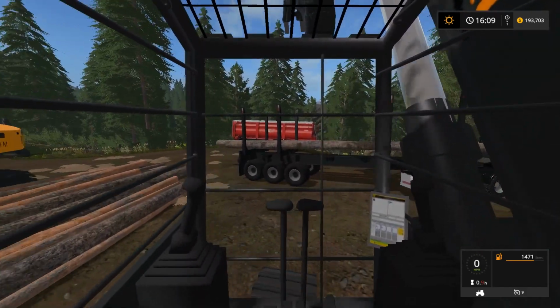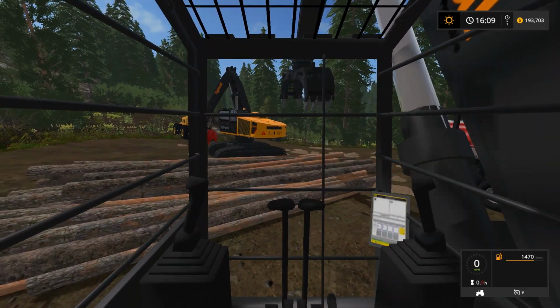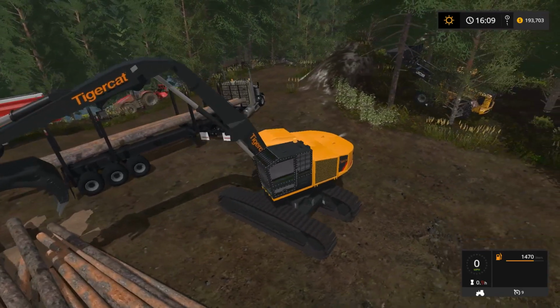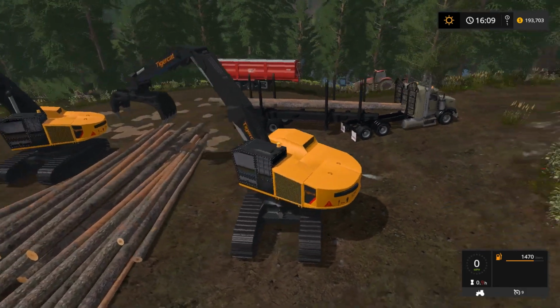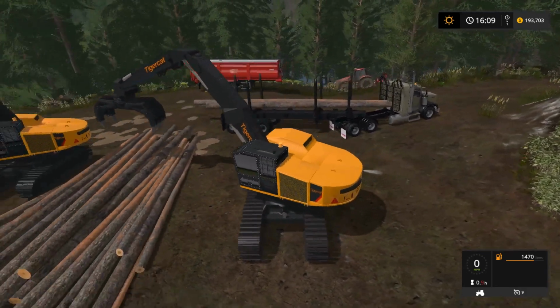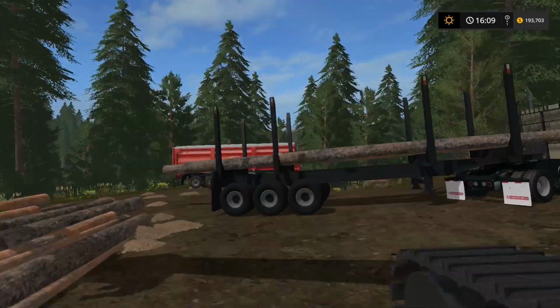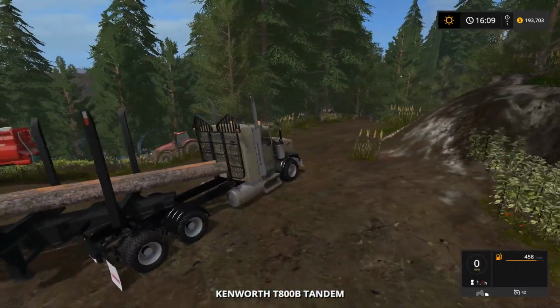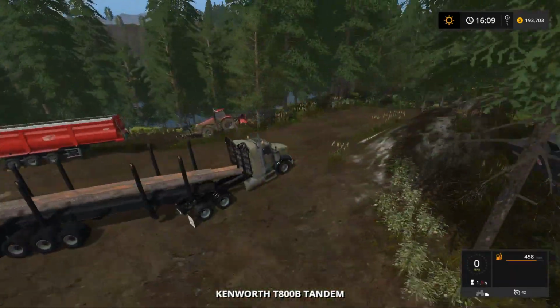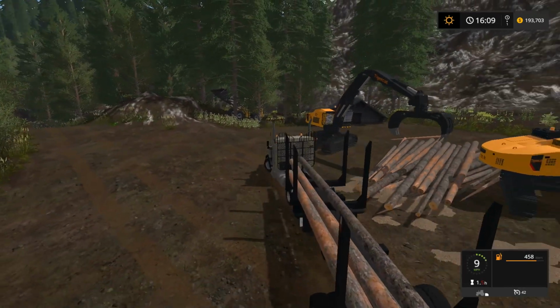And this isn't exactly how I want these logs to be going on here either. I put them on there backwards. Maybe I should turn the truck around. I think I'm gonna do that. Let's get this truck turned around because I want the logs going in the right direction. I mean, we can stack them different directions, get us a good load, but